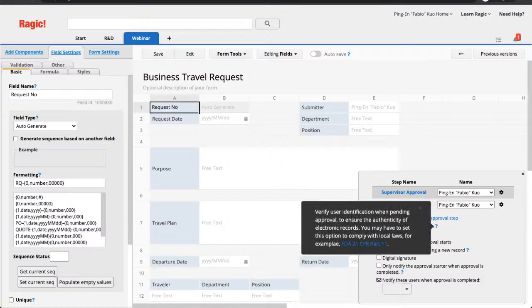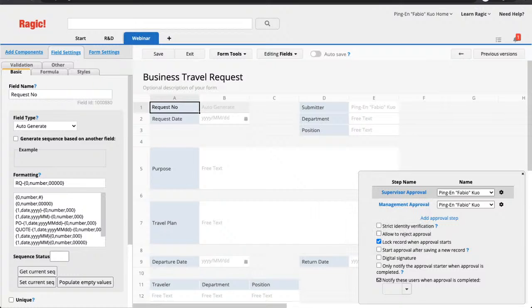It's to ensure the authenticity of electronic records, to make it comply with certain laws. And you can allow rejecting approval. So the approvers will be allowed to reject the approval during the process, and once the approval is rejected,